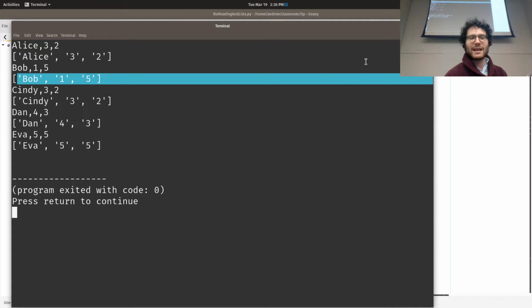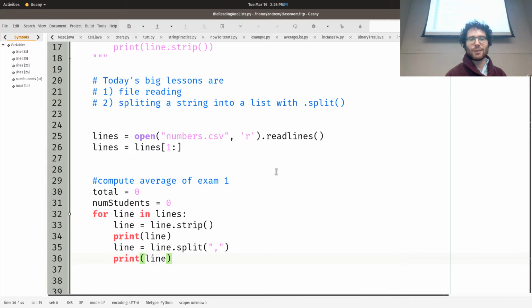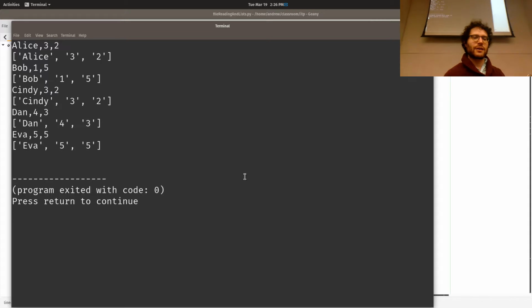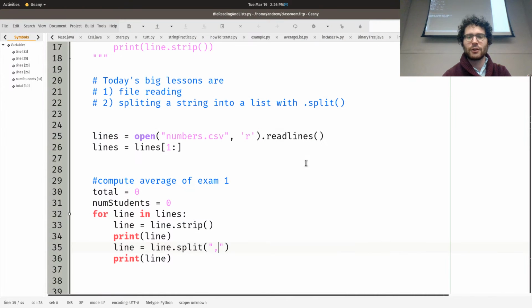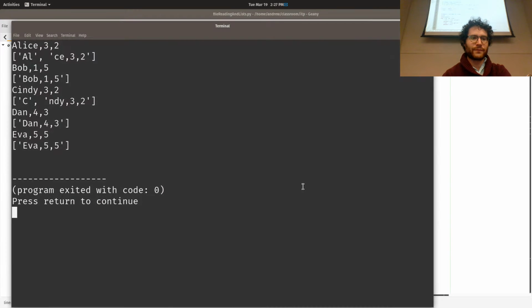What it does is that it takes in what we call a token, and it looks for that token. In this case, it's a comma, and says, okay, this string actually needs to be multiple strings. How do you want to split it up? I'd like to split it up along commas. If, for example, I decided to split it on the letter I, which is weird, but I could totally do that, what I'd get is Alice 3-2 and then Al